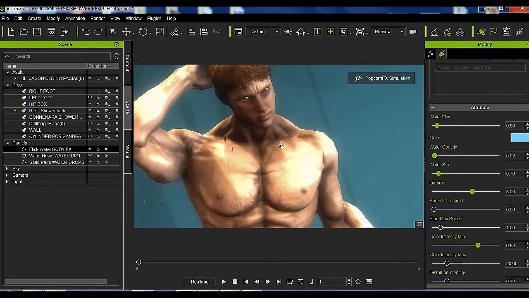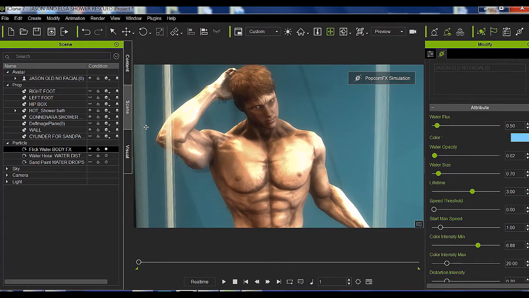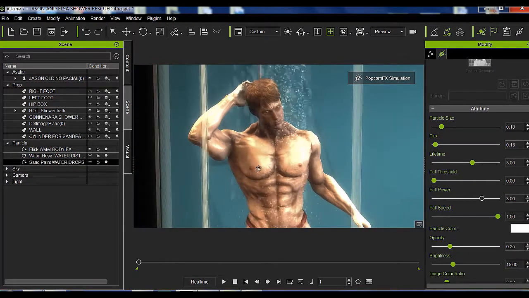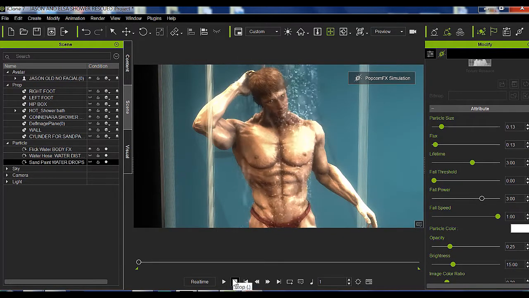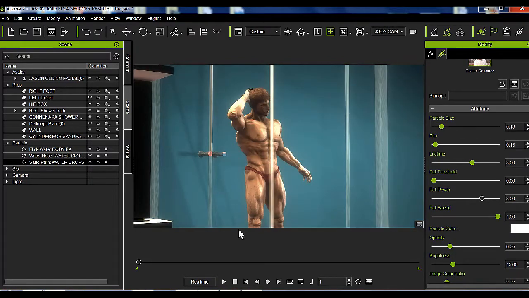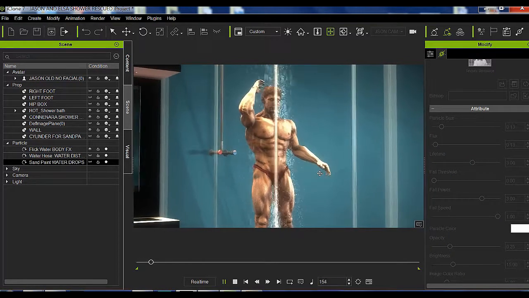So you can change the color. This one is kind of a bluish color, light blue. You can change it to a grayish color, whatever color you want. And I'm going to activate all 3 effects and show you how that looks. I'm going to stop that and select a different camera because I created a camera. So I'm going to play the animation, which you already saw in the beginning,